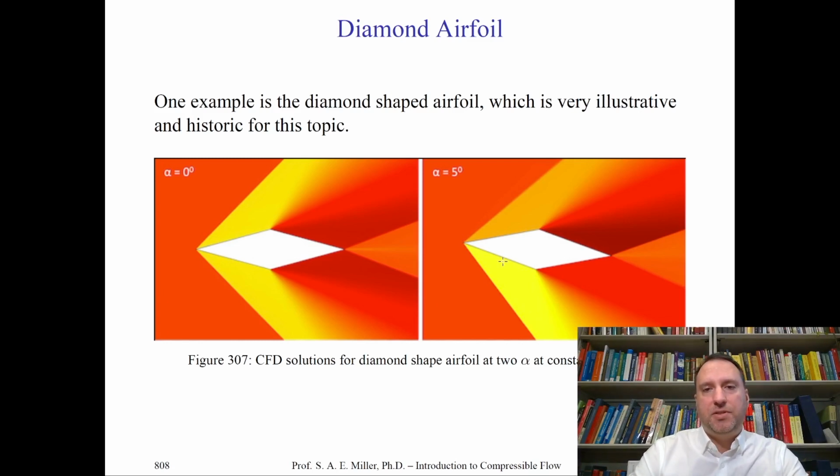This also results in 2 different corresponding oblique shock wave angles, beta, which you see. Once again, there's an expansion around the top and bottom parts of the vehicle, and there are again trailing oblique shock waves. In fact, if we increase the angle of attack even more, we would eventually obtain an expansion above the vehicle on the pressure side of the airfoil, and retain the oblique shock wave on the bottom side of